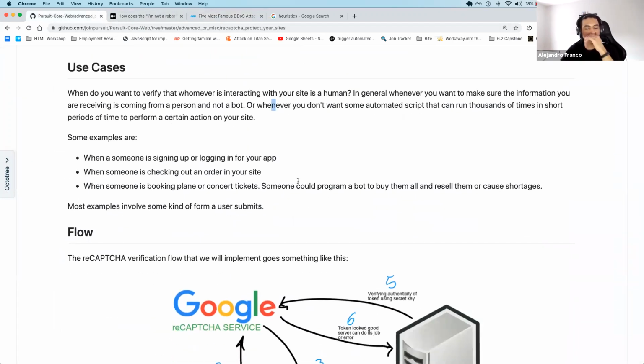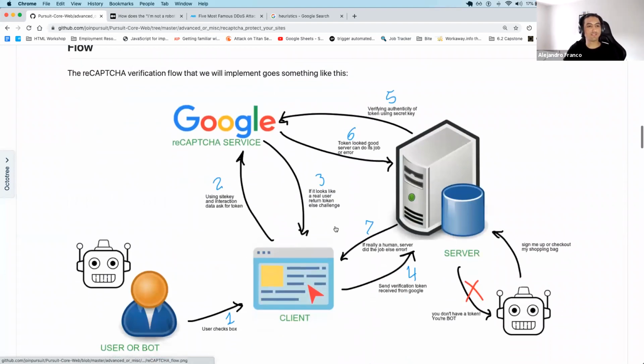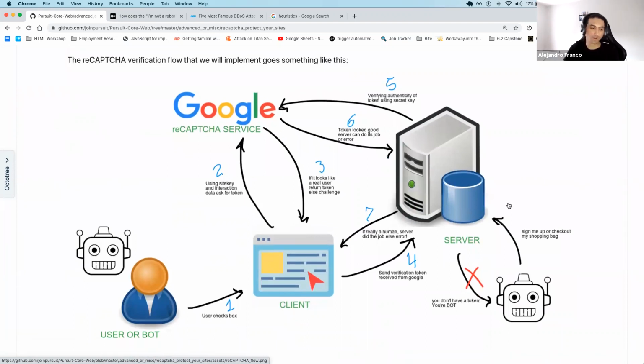Let's keep going. Let's see if we have the time to have our own small experiment. Let me plug in my computer. Cool. So this is how the flow will go, a little bit at a high level. A user or a bot is interacting with our client, our React app, and then the user will check the checkbox, and our front end is going to